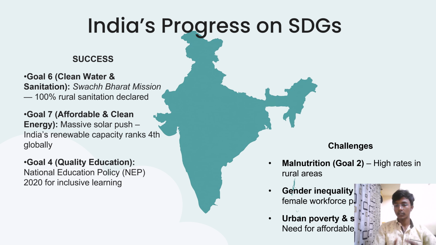The challenges we came to know in India's progress are malnutrition, like zero hunger. High rates in rural areas, gender inequality, and urban poverty. The gender equality things we will come to know through the SDGs. And next is